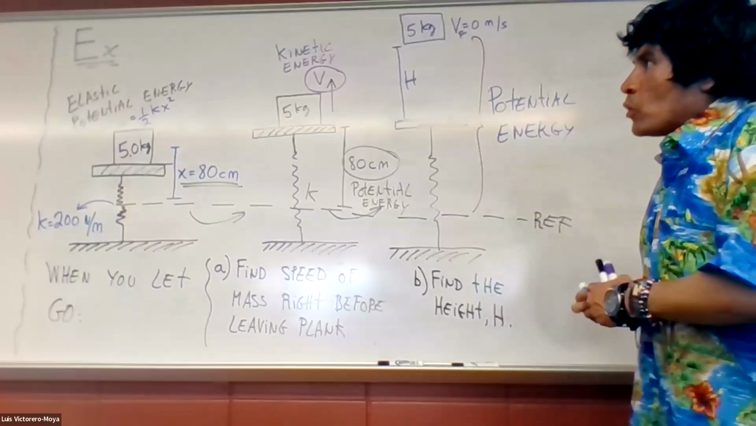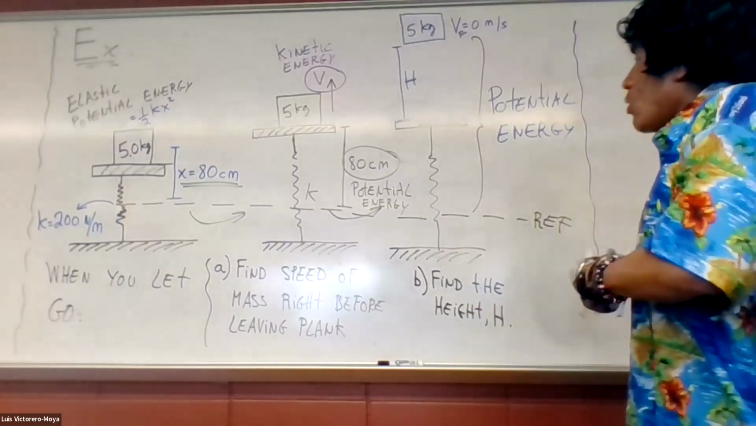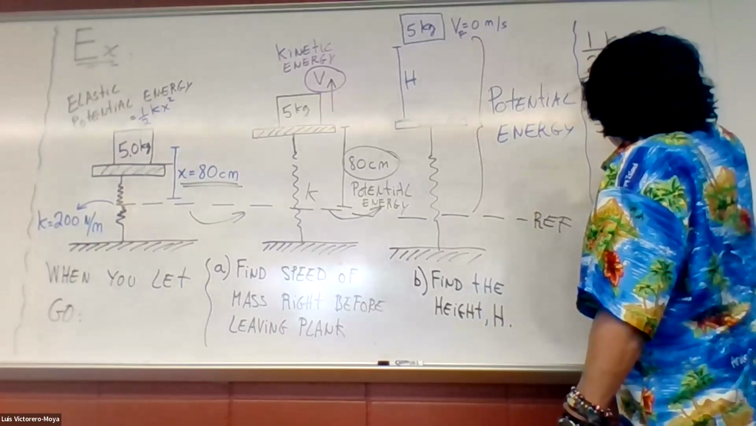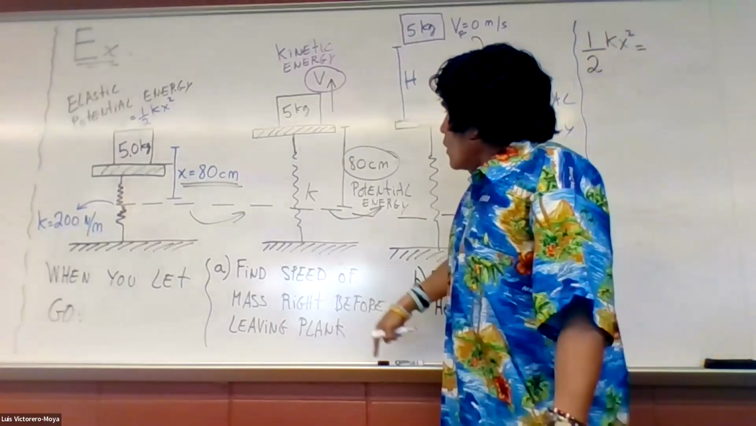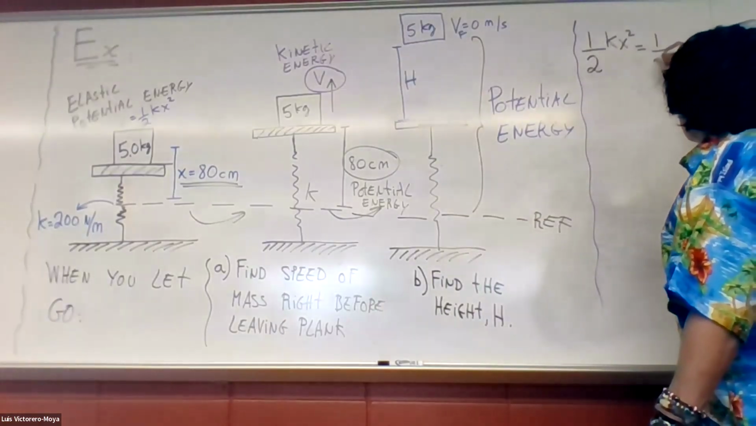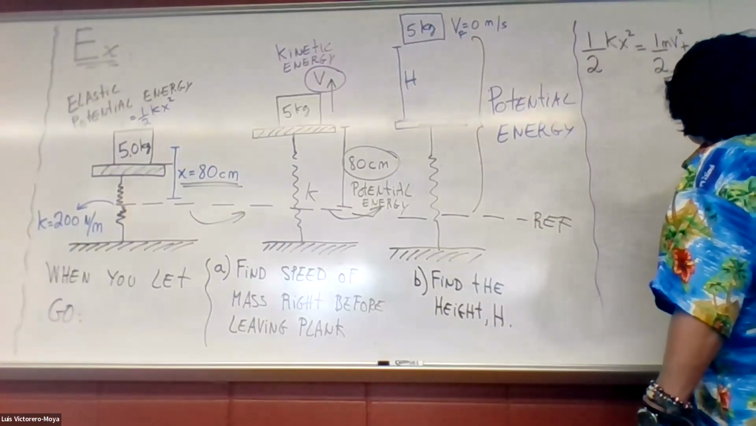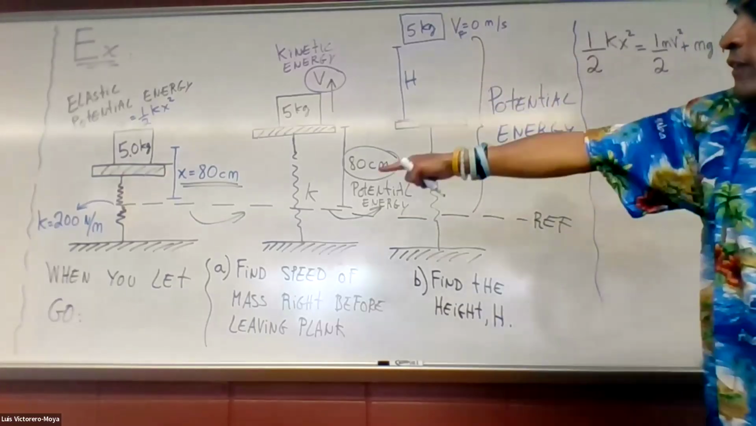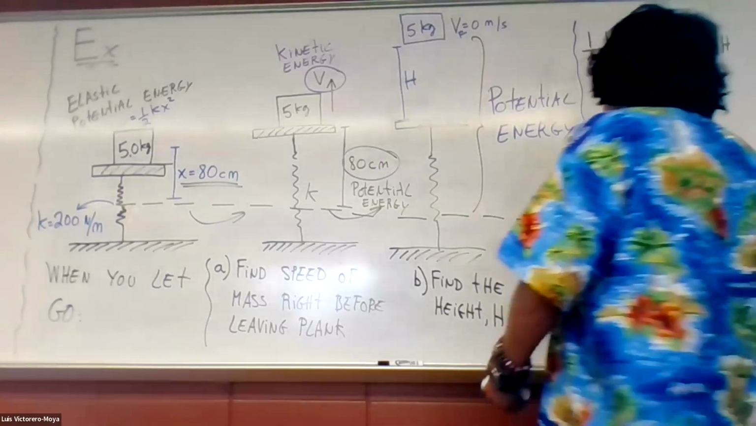Energy at the beginning is just potential elastic. So I will do 1/2 kx squared. That's the energy here, which is kinetic plus potential: 1/2 mv squared plus mgh. So I have x, which is 80 centimeters, so 80 is 0.80, right? So here,